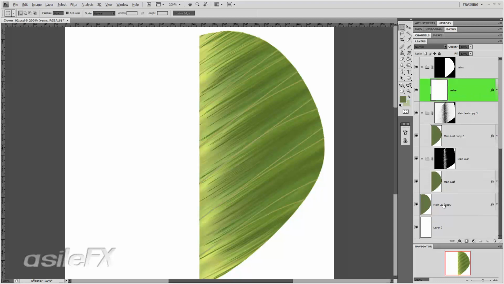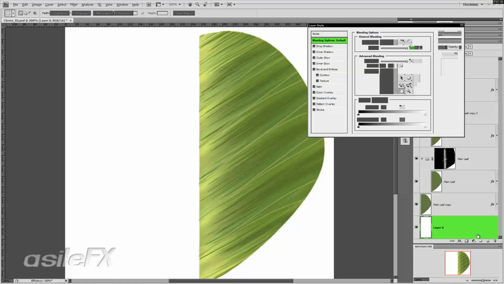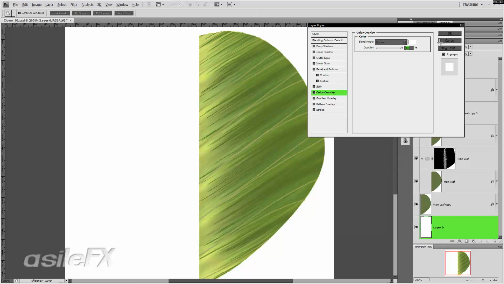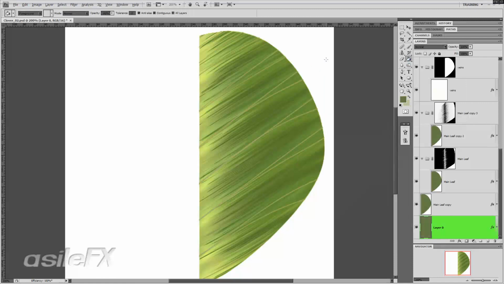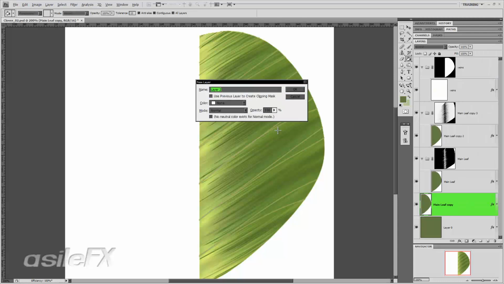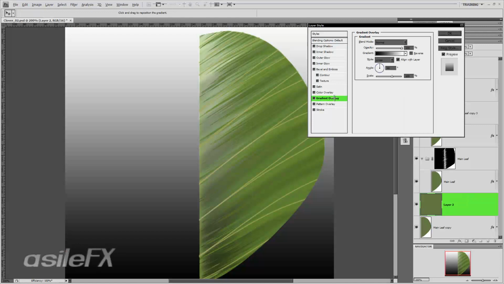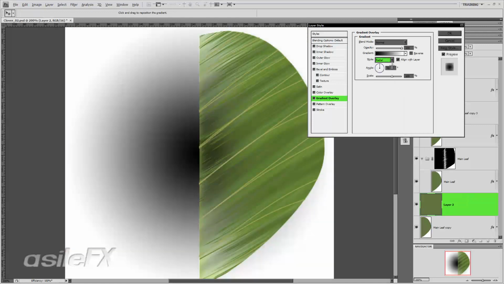And now I'm going to take the bottom layer and just create a quick mask for it. First, I'm going to take the bottom layer and add a layer style color overlay of white, and just fill it in all the way. And then create a mask for this. I'm going to create a new layer, fill it in, do a gradient overlay, radial,